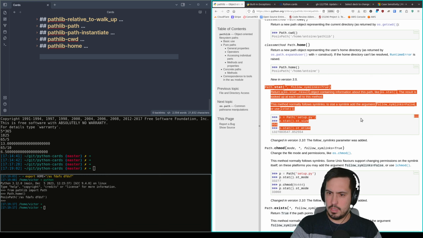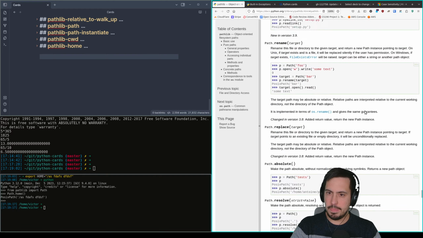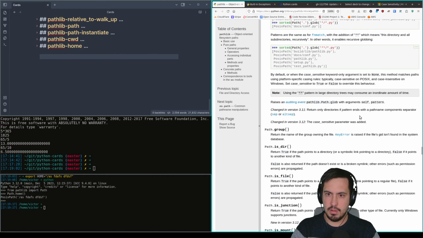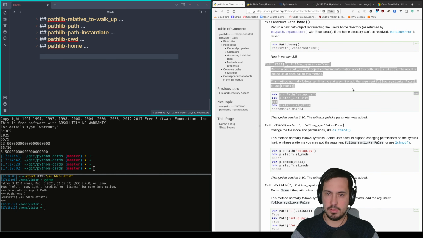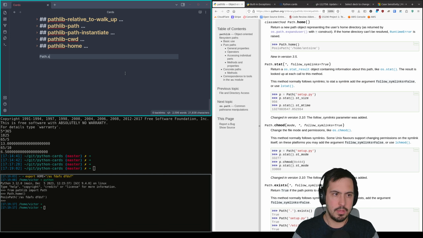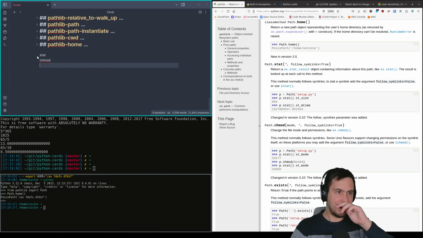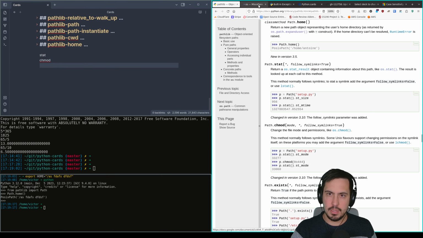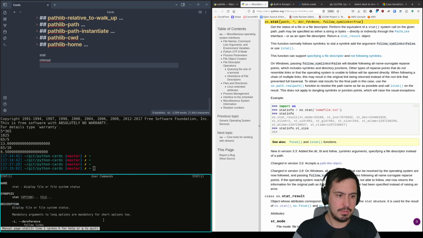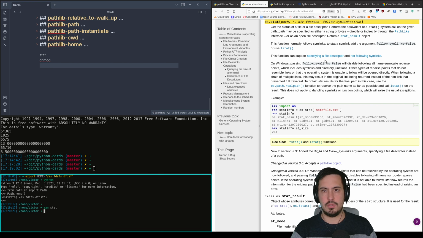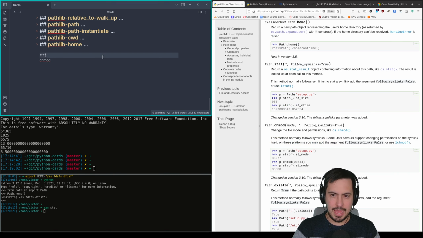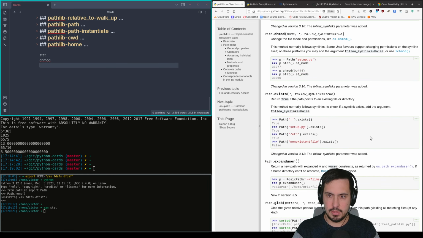So here we'll have a list. Let's make a list of all the things that we'll have to cover, all the methods, right? So this is stat, chmod. Stat gives you, is it called statistics? I guess. Is it like a man stat? Display the file system status. Okay, status. So it's not statistics, it's a status. So we have the stat, chmod, which is for changing the permissions, exists,